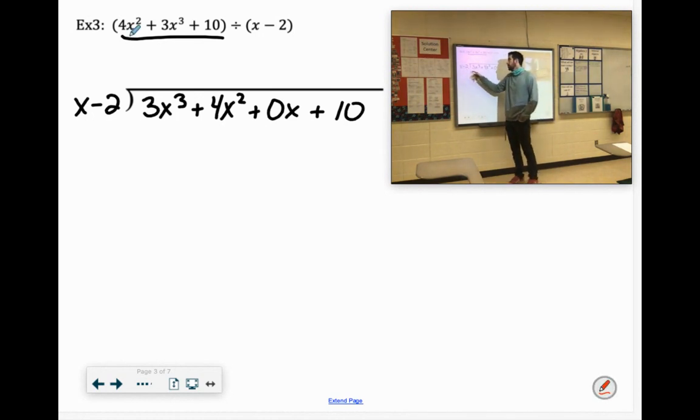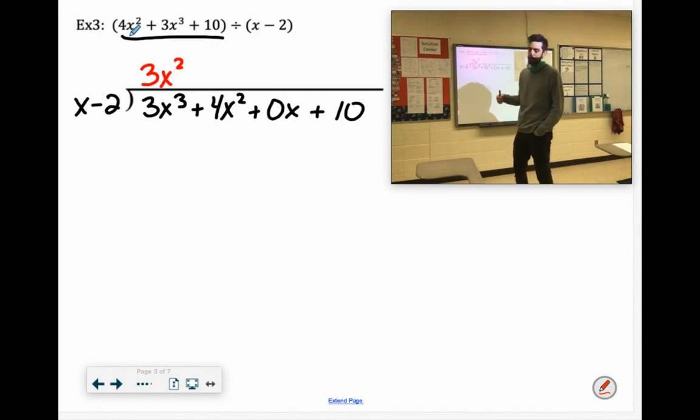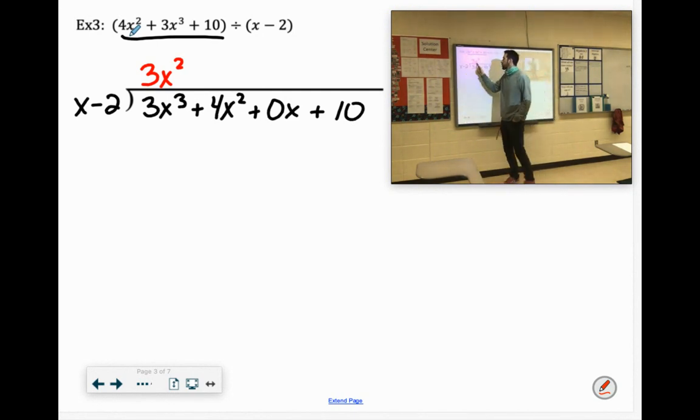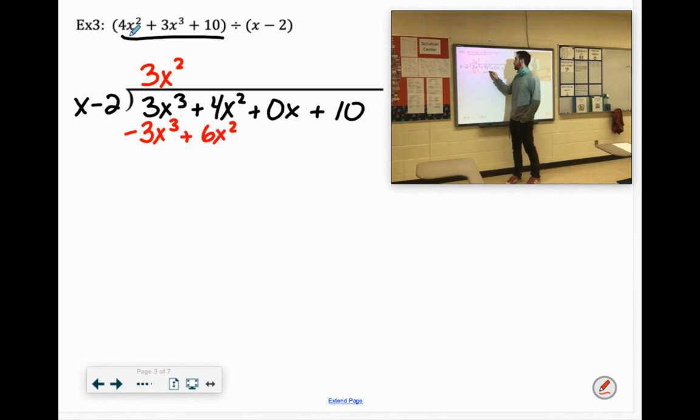Okay, how many x's can go into 3x to the third power? X times 3x squared would give us the 3x to the third power. Now remember, we always end up making things the opposite when we subtract them, so you could go ahead and just do that right away. Like 3x squared times x is 3x to the third power, so I'll just write it as negative 3x to the third power. If you don't like that and you'd rather change it after you multiply it, that's fine. 3x squared times negative 2 would be negative 6x squared, but we make it the opposite, so we'll make it